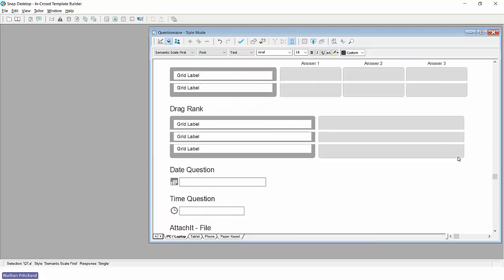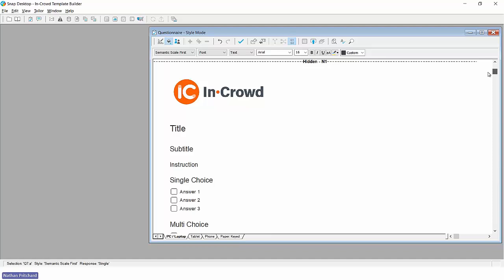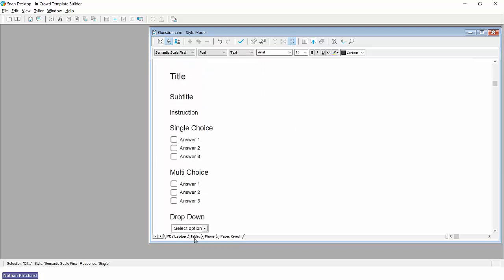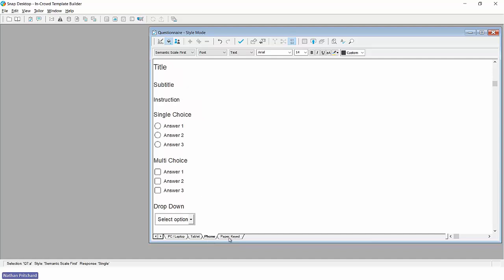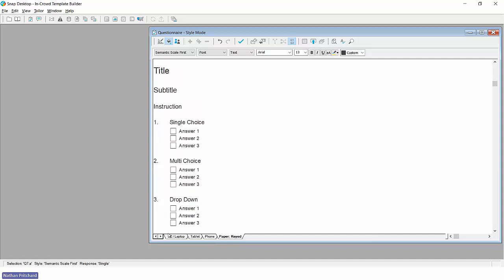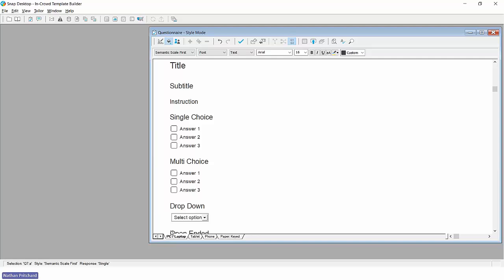Now, one question which crops up now and again is to do with question numbers. So for our standard templates, we've defaulted to hidden question numbers for the online editions. I've got the different editions here. Obviously for the paper edition, I have got the question numbers on. And the reasoning behind this includes space considerations, particularly for the phone edition, where you're obviously working with a much smaller screen. But more so, if your survey or form has routing, it's likely that respondents are going to be